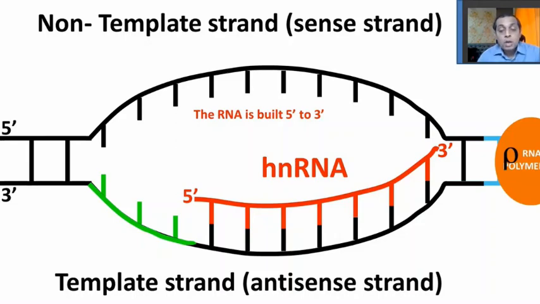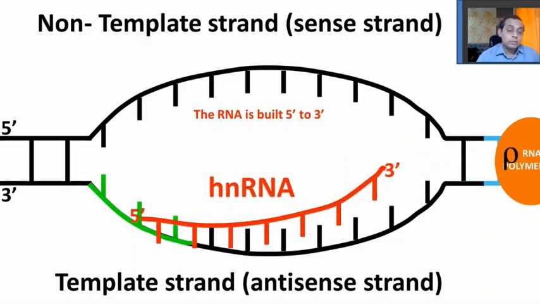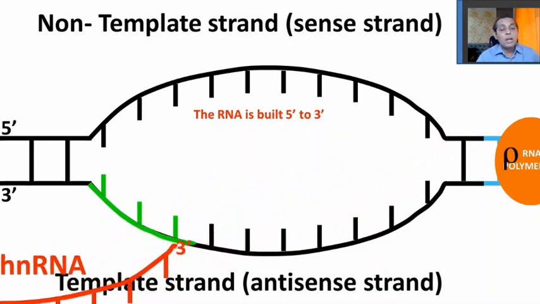Now what? Now the RNA which is formed is not the final RNA. The RNA which is formed here is the raw RNA, and we call it heterogeneous nuclear RNA. The transcription is not yet complete. The hnRNA is supposed to undergo RNA processing to make it into the final mRNA. So the mRNA comes out of this loop, the bubble what you see here, and goes for the processing once the helix closes. So it moves for RNA processing.